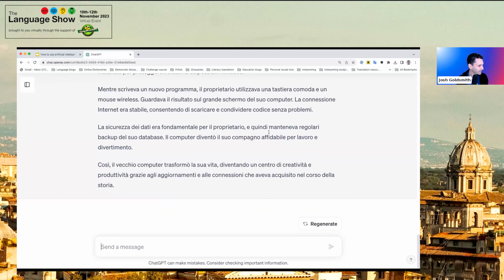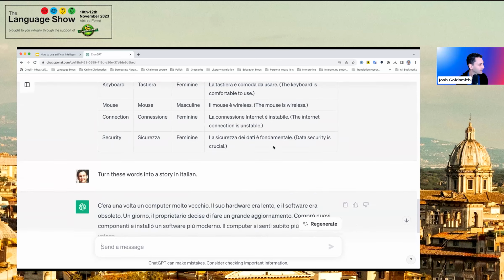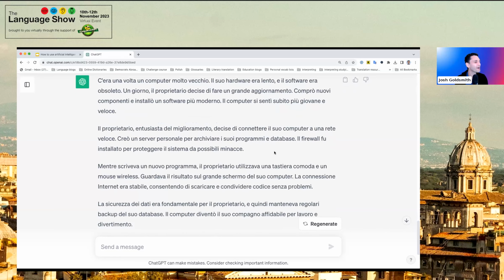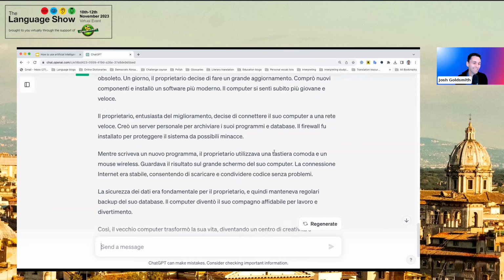That's great. Okay, so here's a little story. Once upon a time, there was a very old computer. The hardware was quite slow and the software was obsolete. One day, the owner decided to make a big update. He bought new components and installed more modern software. And the computer felt younger and faster all of a sudden. And you could see I could keep going with this story. It's a pretty silly story, but again, we just picked the topic that we wanted to learn about,